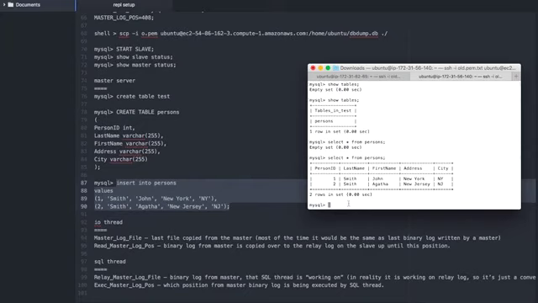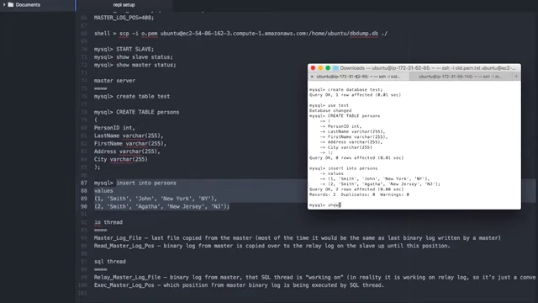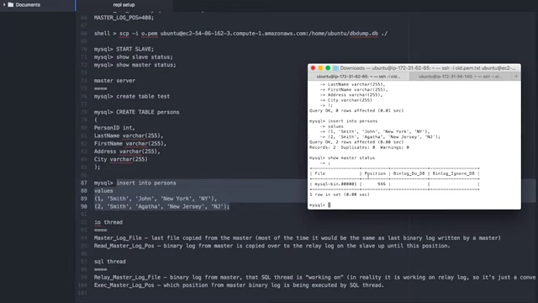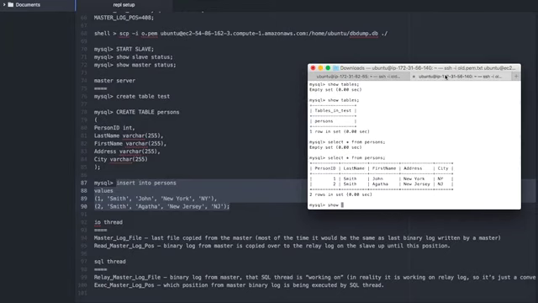So if I run show master status, you see it has not created another binary file yet, but it has changed the position from 408 previously, I think, to 946. So there have been some new events, and for that, if we do show slave status,